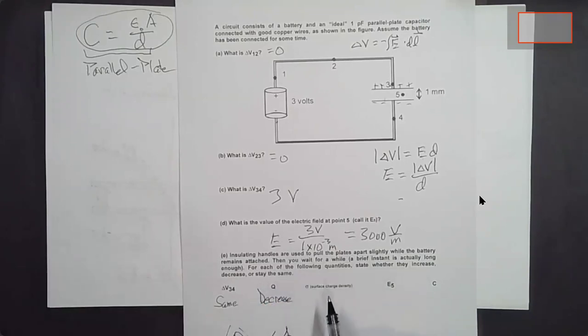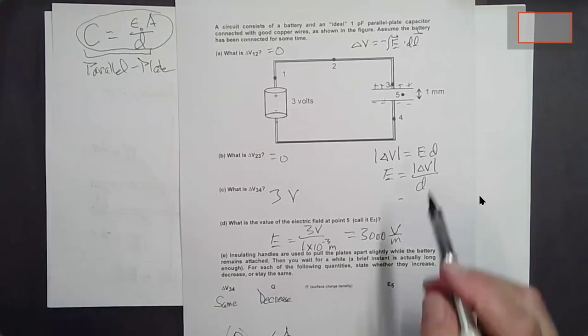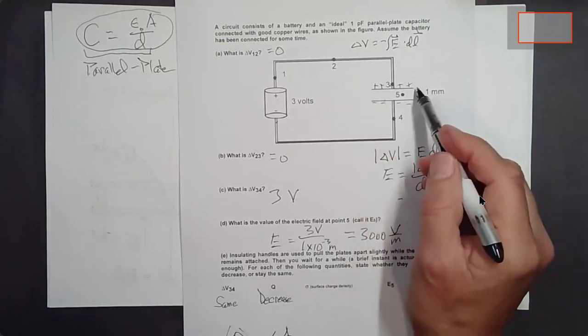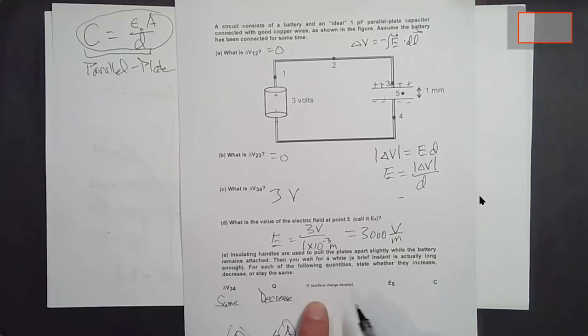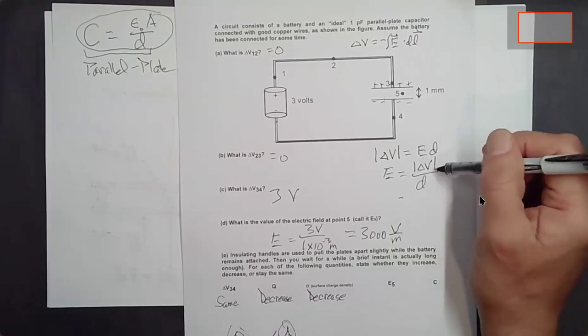Okay. Now, sigma, you probably can't read that worth beans, but it would refer to the surface charge density on the plates of the capacitor. Well, we didn't change the area of these plates, so if the charge decreased, the surface charge density must decrease. So that has to decrease. The electric field at 5, well, we still have the same potential difference, but we have